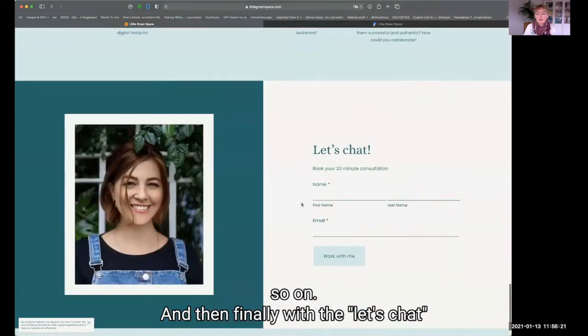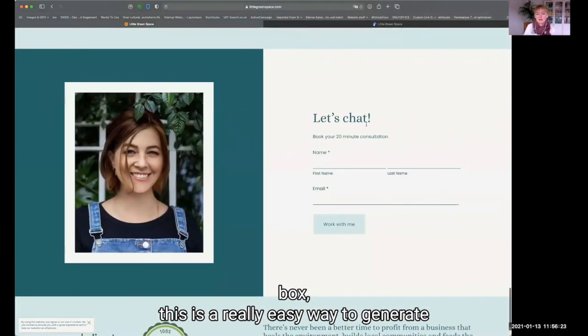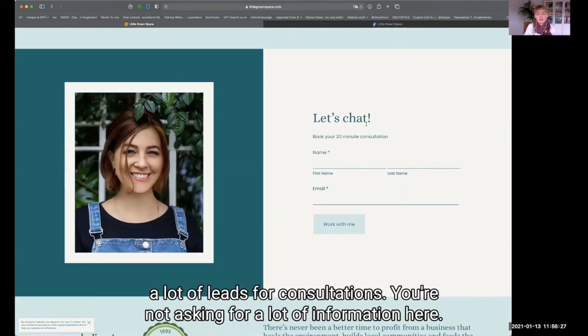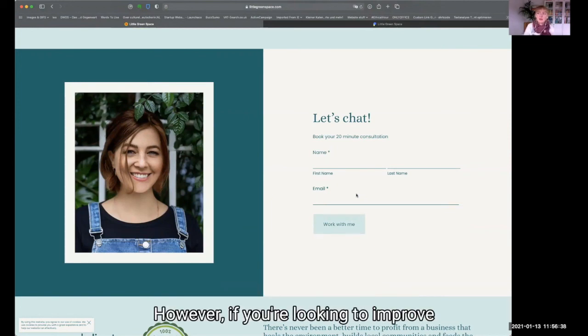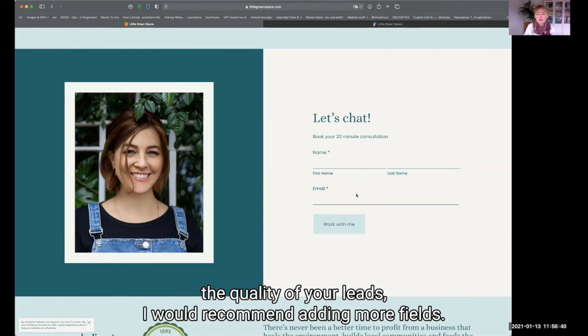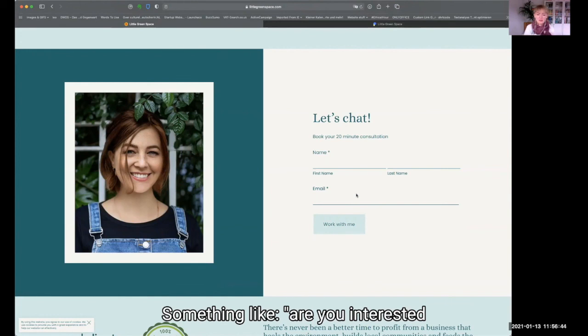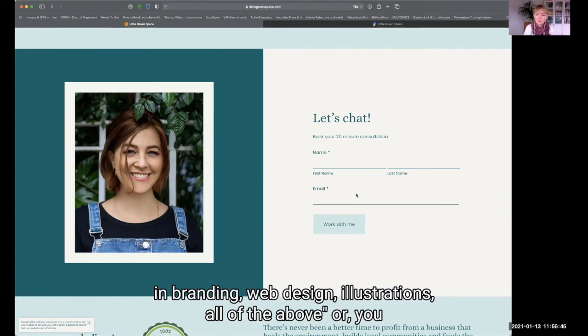And then finally, with the Let's Chat box, this is a really easy way to generate a lot of leads for consultations. You're not asking for a lot of information here, and that's of course helpful in getting more people to fill this out. However, if you're looking to improve the quality of your leads, I would recommend adding more fields. Something like, are you interested in branding, web design, illustrations, all of the above,